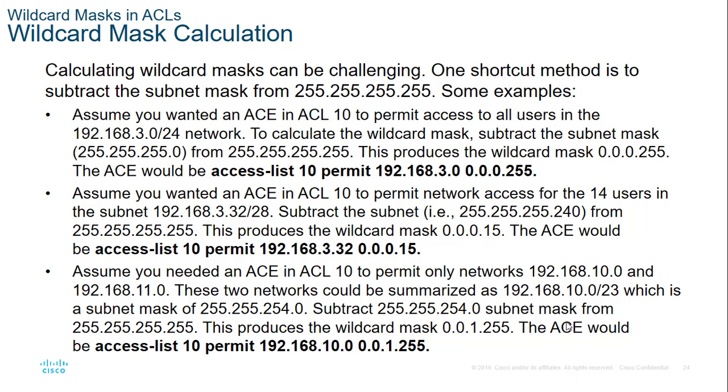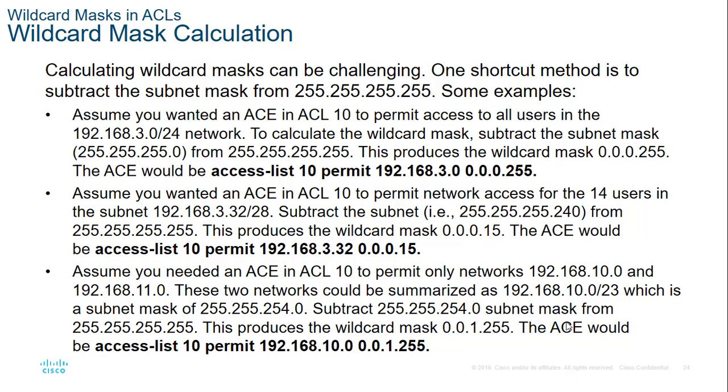So in this case, you could have a /23, and your subnet mask is now 255.255.254.0. Once again, you would subtract 255.255.254.0 from all 255s, in which case your resulting wildcard mask would be 0.0.1.255. But supernetting can get a little bit tricky. We mentioned it earlier, but we typically don't work with it all that often,